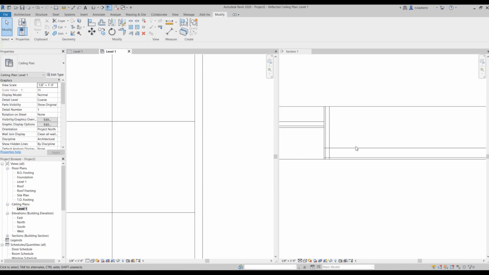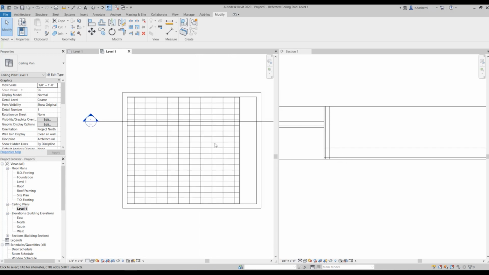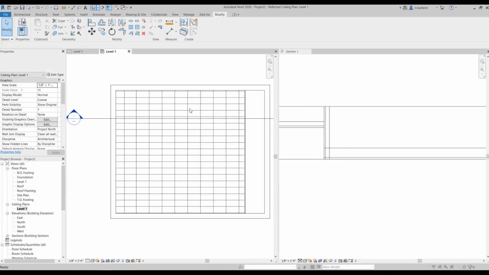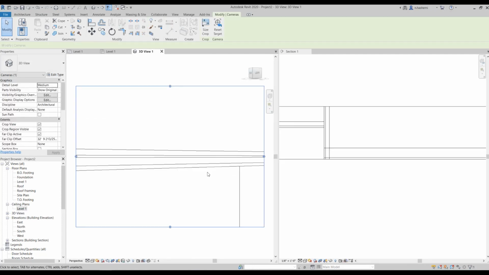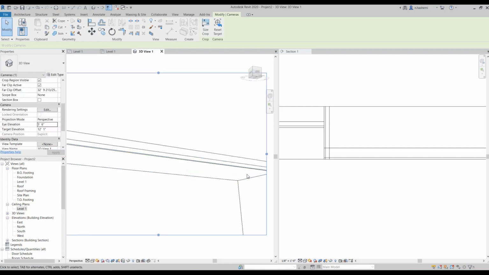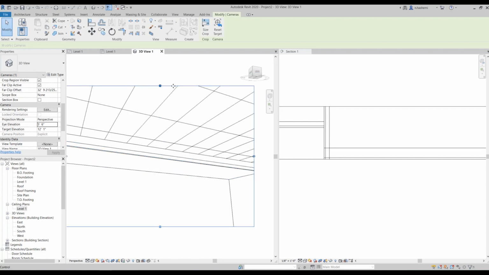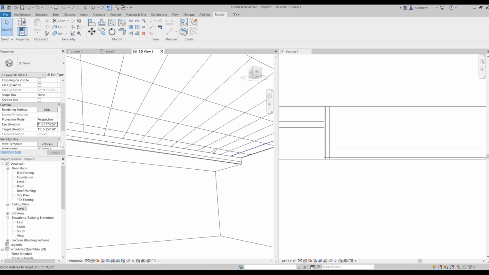Well, now what we can see here in this joint, where these two get together, is that the joint is not clean. So if you set a camera view just from here, and I'm going to turn this crop view off, because I want this to be able to see the interior, not for rendering.